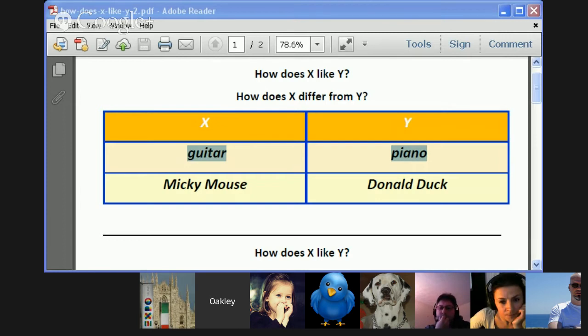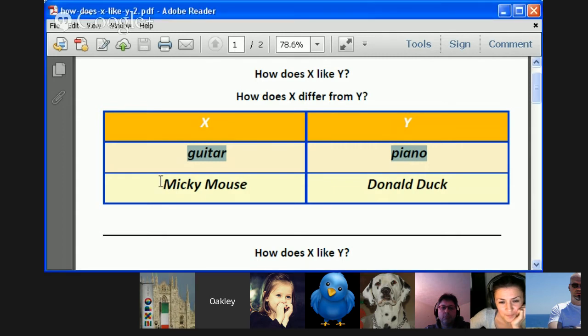Yes. All right. No comment on the money. Okay. Let's talk about Mickey Mouse and Donald Duck. Now, earlier you had to do a comparison. Now I'm going to let you do contrast.